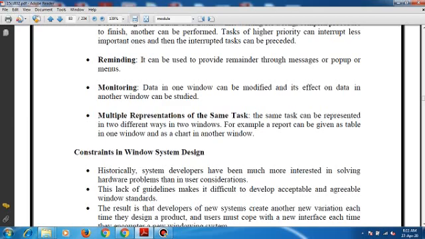Because of that, we face certain problems with the Windows system, and we have three factors here.